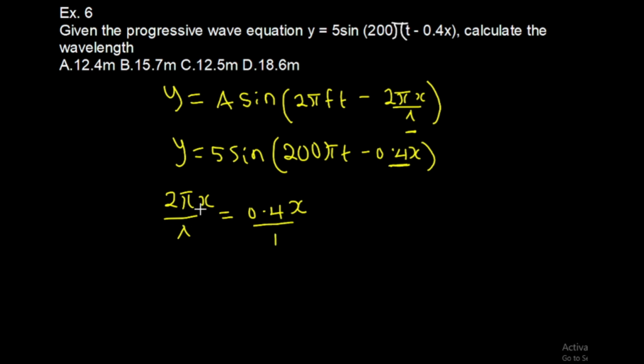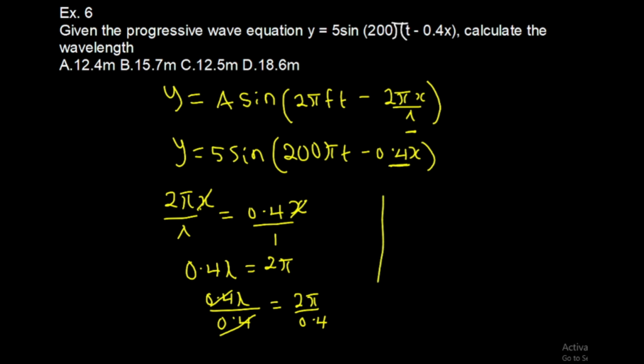Now you notice for the numerator, we have x here, we have x here. Since we have exactly the same thing on both sides of the equation, and we have the numerator, they can simply cancel out. Now, if we cross multiply, we're going to have 2 pi times 1, 0.4 times wavelength. So 0.4 times wavelength, that will give us 0.4 wavelength equals 2 pi multiplied by 1, that will give us 2 pi. Now, if we divide both sides by 0.4, that will give us 0.4 wavelength over 0.4 equals 2 pi over 0.4. This will cancel out this, and then we arrive at